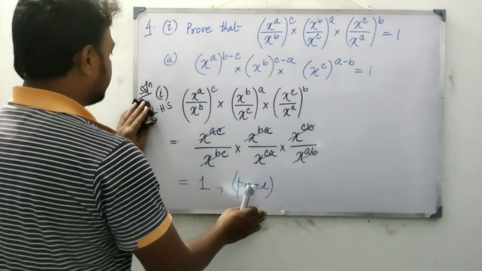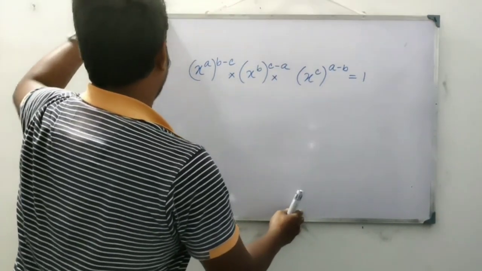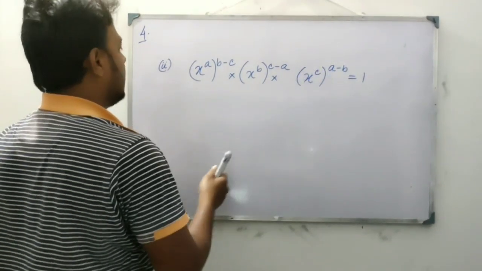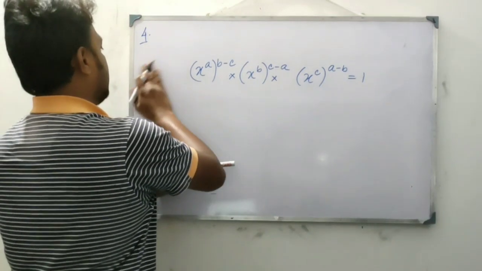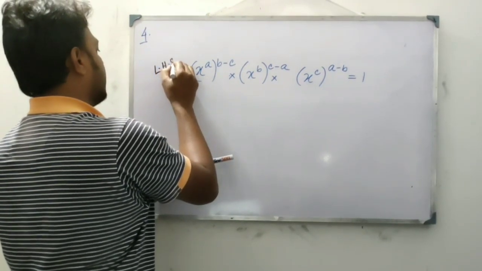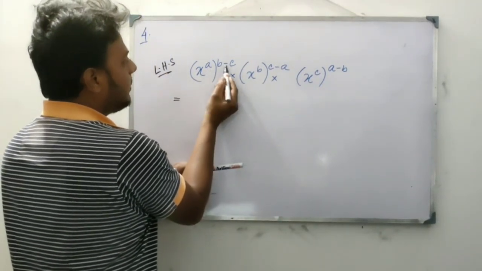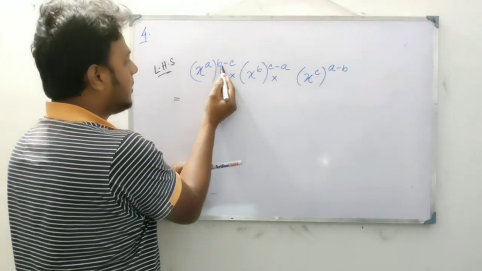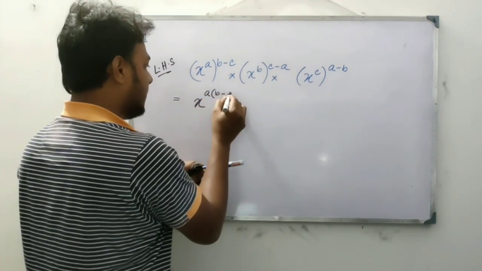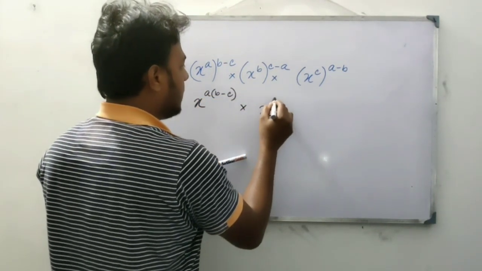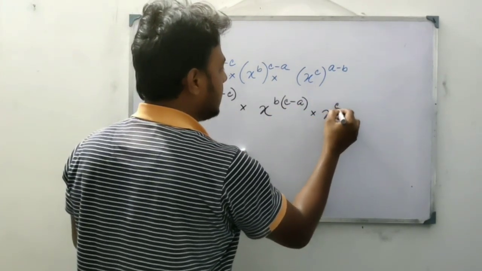Next, question 2. For question 2 you have to prove this equals 1. So I am considering the left hand side. LHS equals, I am solving here. Again, since the power b minus c is outside of the first bracket, we can multiply these two. So this can be written as x to the power a into b minus c, just multiplied here, into x to the power b into c minus a, and in a similar manner x to the power c into a